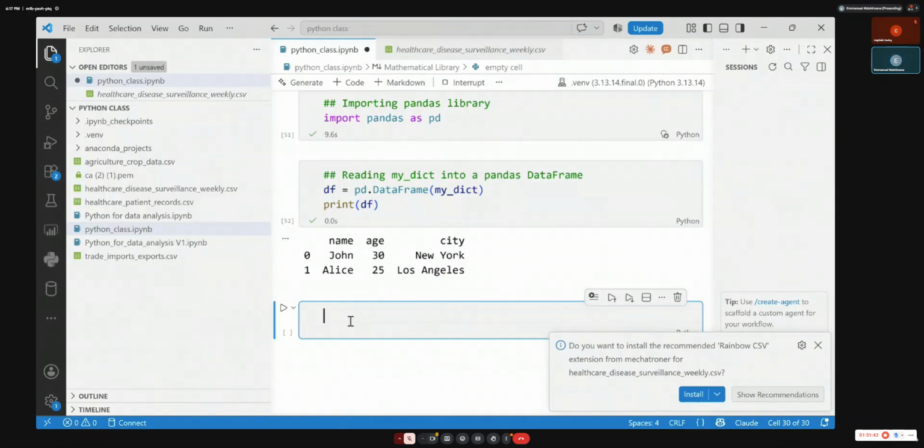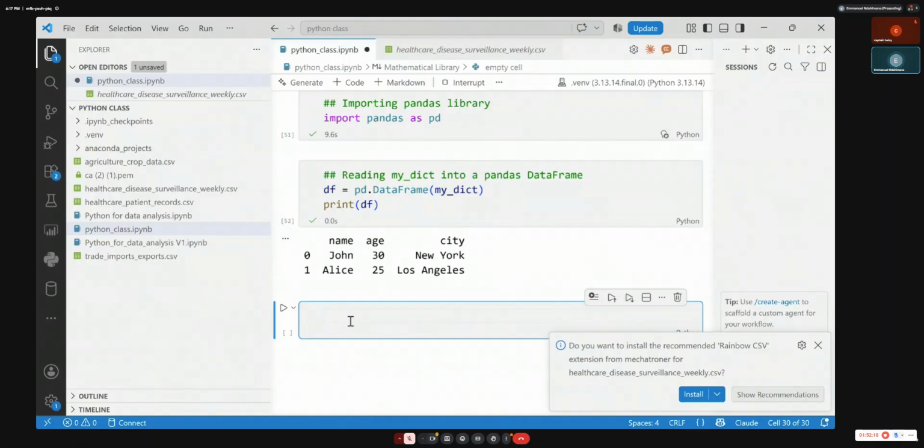Let me see yours. Is your dictionary bringing an error? It is not the same length, like this.